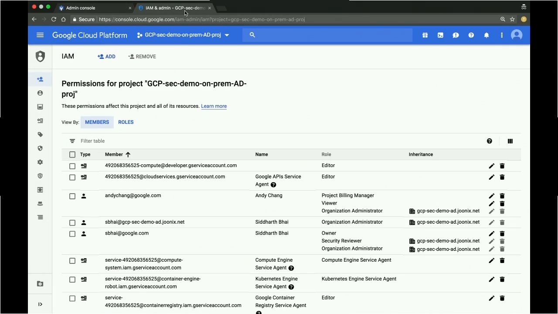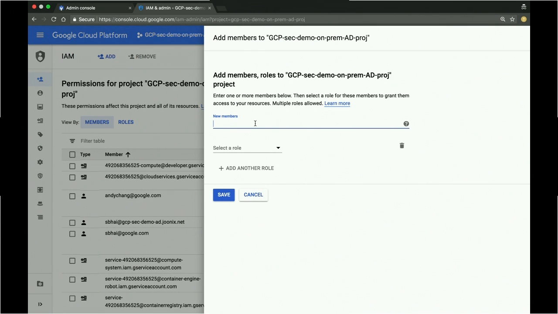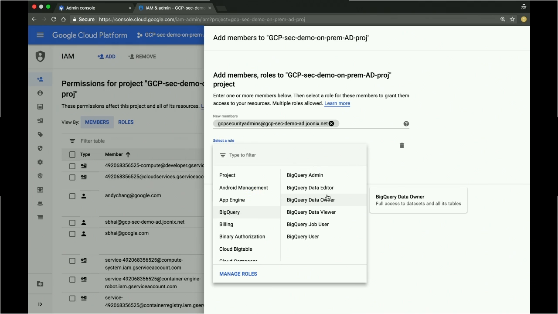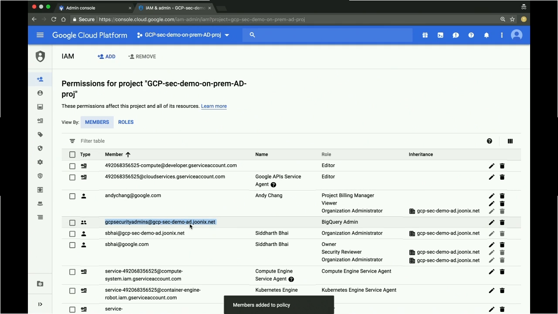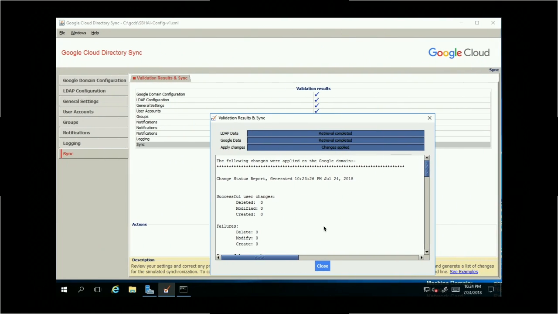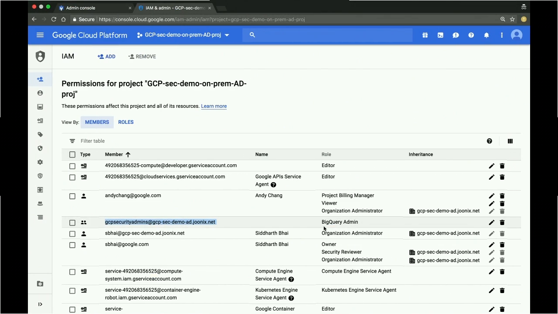You're now looking at the IAM page of a GCP project. And I'll add a role. I'll give the users of this particular group, which we just synced in from your on-premises AD, the role of BigQuery admin. And so as I hit save, you now see that this group has BigQuery admin IAM on this project. Now, the interesting thing here, as we come back to our slides, is effectively that you have this set of groups, these set of users who can be added in or out of your on-premises AD group and have the access changes reflected back on GCP IAM